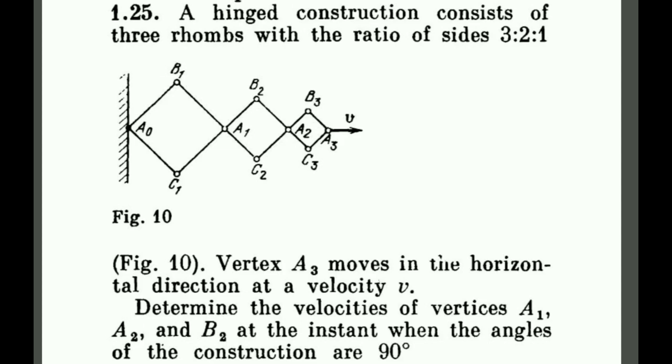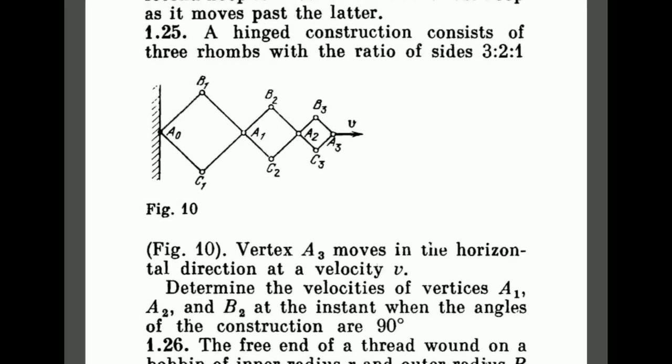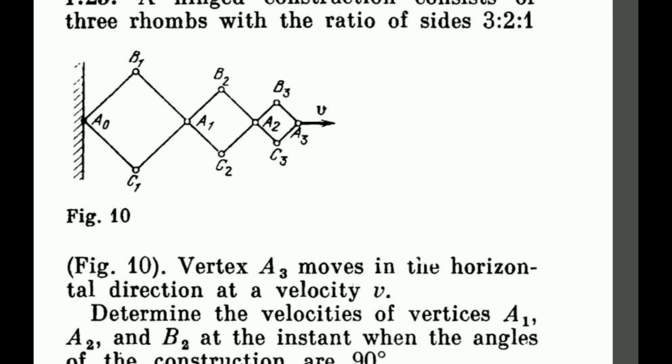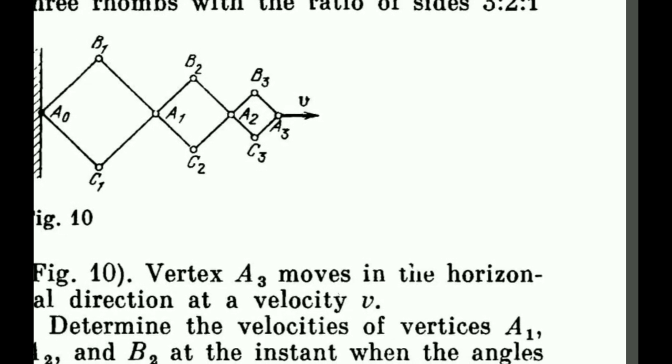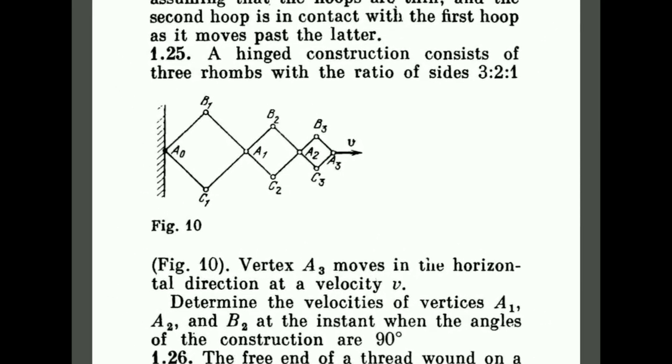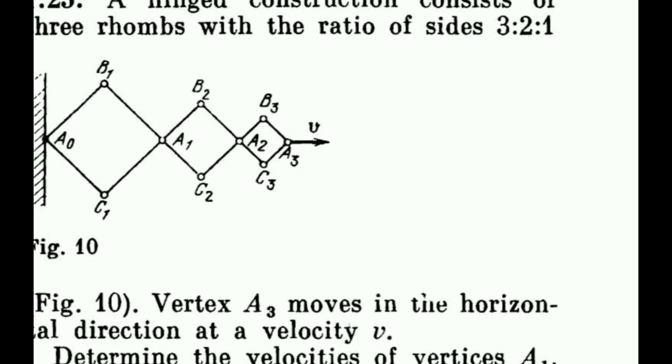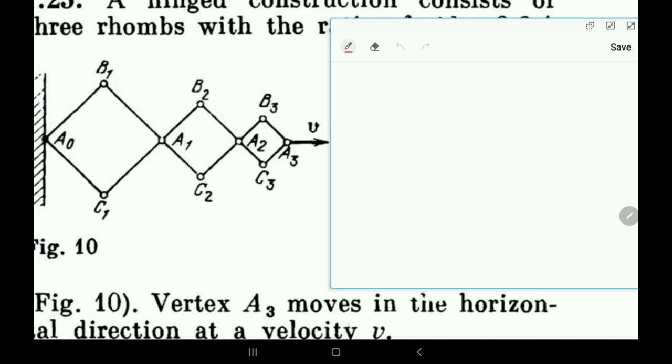All right. So basically, all the rhombuses will convert into squares, and the rate of change of angle for all the quadrilaterals will be the same. Okay. So the symmetry will be maintained, the framework, the structure will be maintained. It will not get distorted. All right. So considering all these points, let's proceed to the solution. Keep in mind that the ratios of the sides of the quadrilaterals is 3 is to 2 is to 1. So we'll use it in our solution.